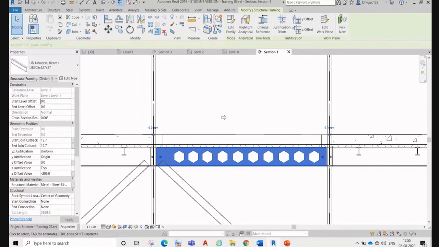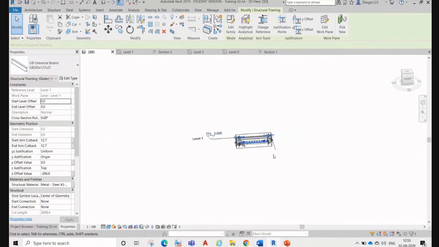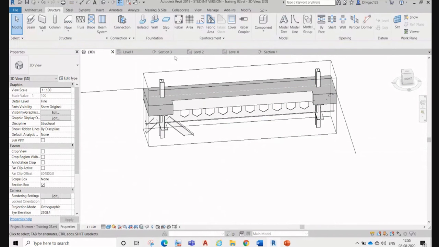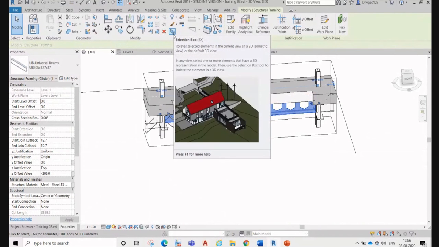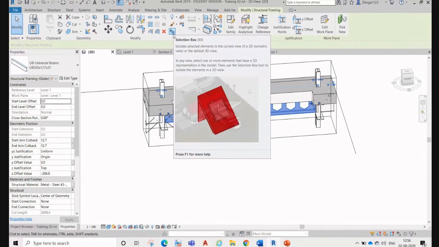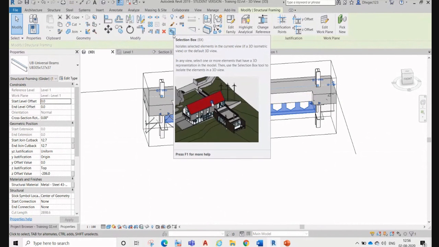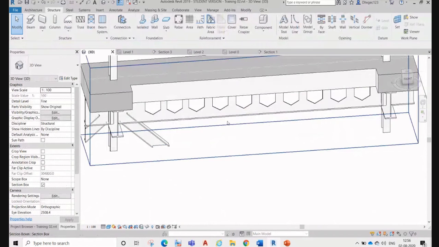Select this one, then go to Properties. This feature you will not get in Revit 2015, 14 or 13, because it was introduced from 2017 or maybe 2016 or 17.